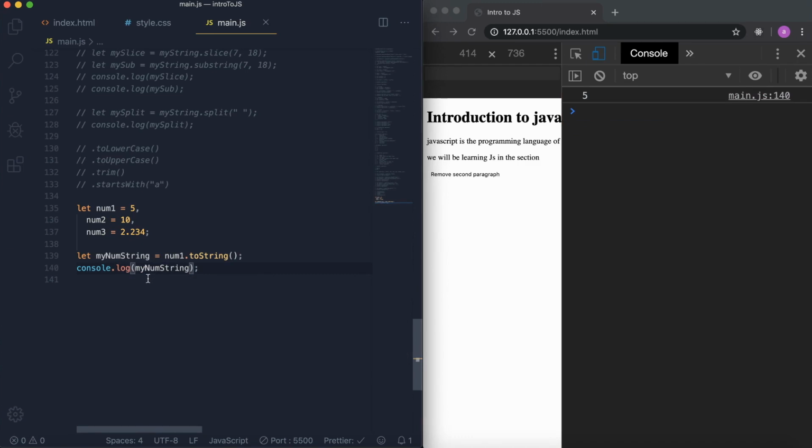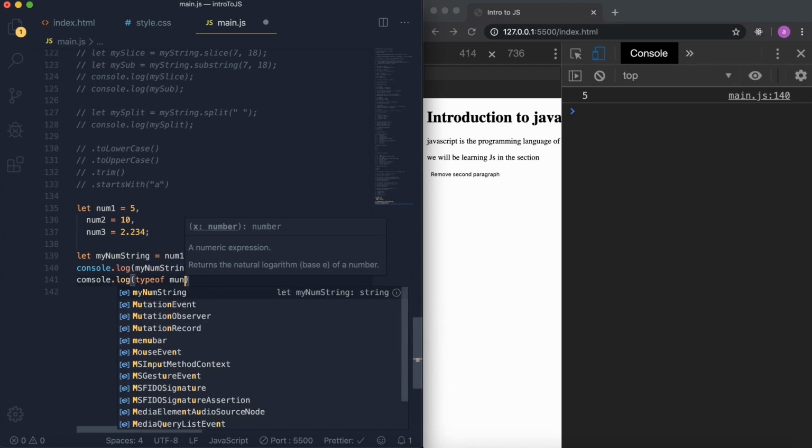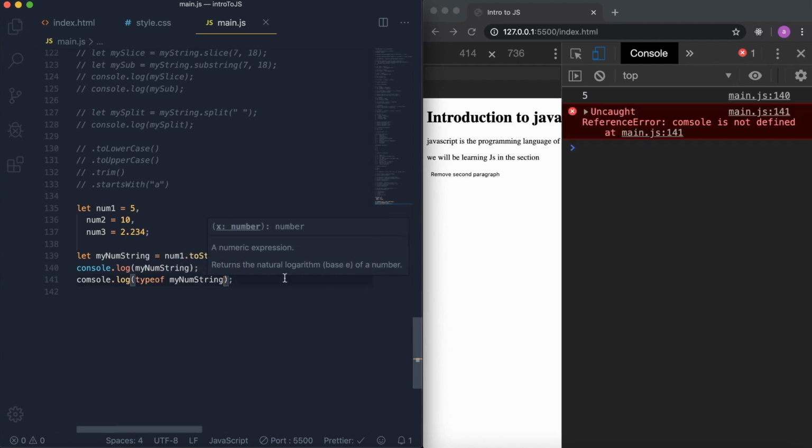So what we've essentially done is that we've converted this number to a string. So this over here is a string. If you want proof, I can actually give you proof. Let's check the type of, let's console.log the type of my num string over here, and then you realize,